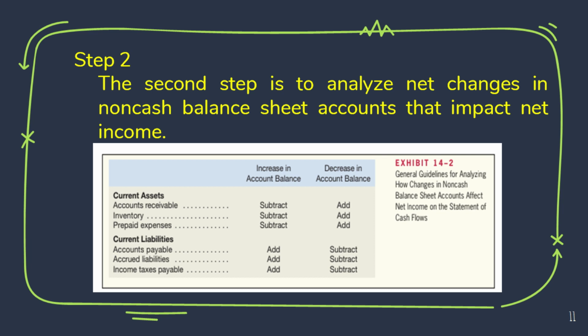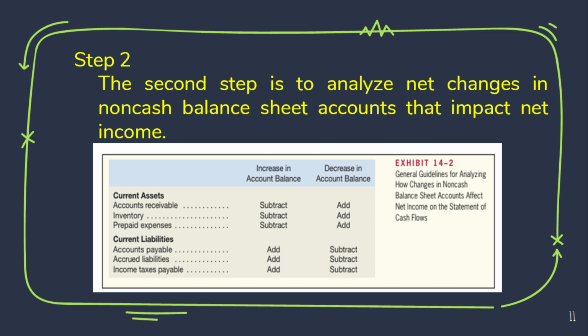We should keep in mind that the purpose of these adjustments is to translate net income to a cash basis. For example, the change in the accounts receivable balance measures the difference between credit sales and cash collections from customers who purchased on account. When the accounts receivable balance increases, it means that the amount of credit sales exceeds the amount of cash collected from customers. In this case, the change in the accounts receivable balance is subtracted from net income because it reflects the amount by which credit sales exceed cash collections from customers.